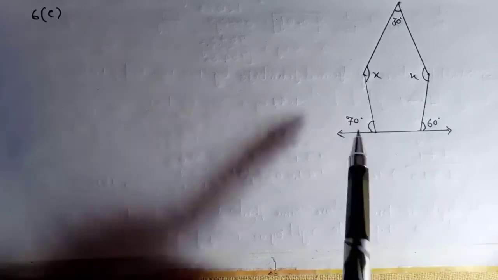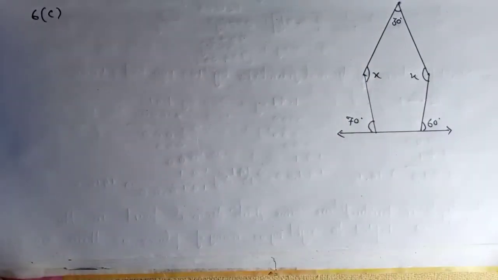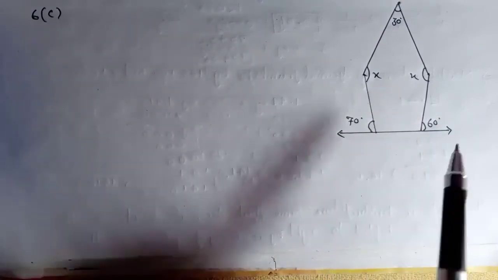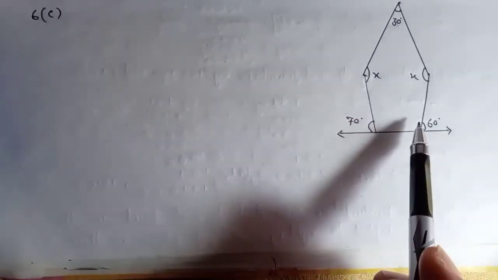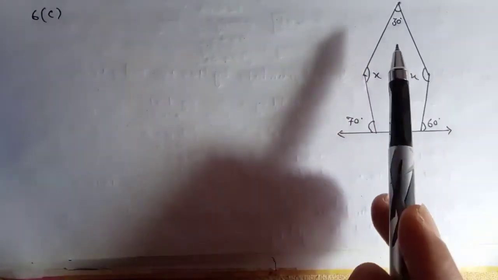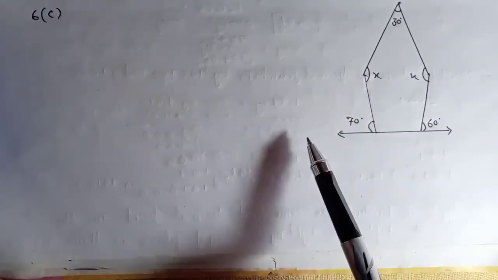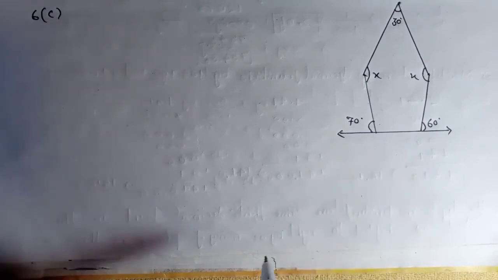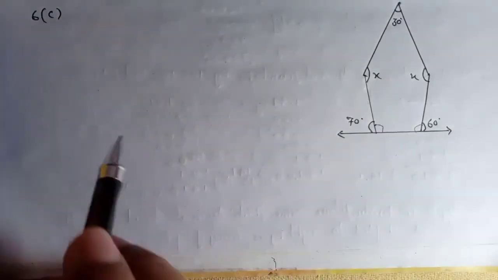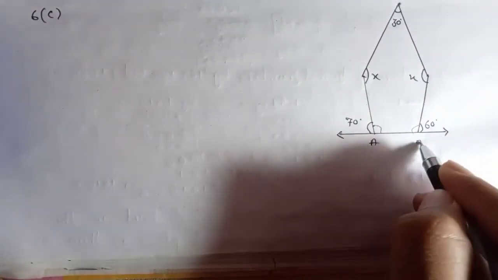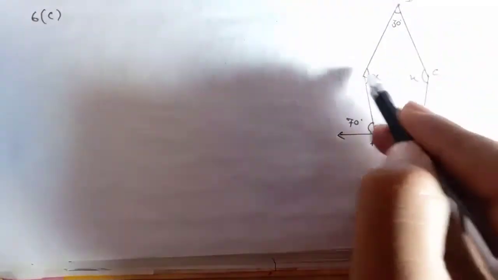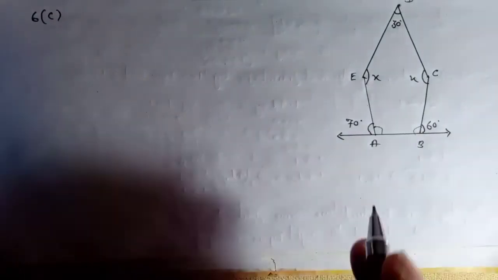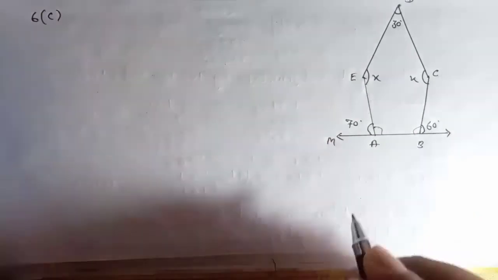Now we have part C of question number 6, and we have to calculate the value of x here in this diagram too. This is a pentagon, you can see, and we have to calculate this angle first and this angle first, and add all these angles and form an equation to solve this. How to do this? Let's see. This is a pentagon in which these two angles are unknown. So we know that if it is A, B, C, D and E, if here this is M,